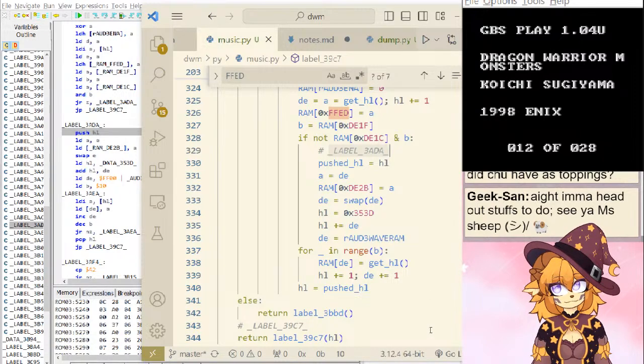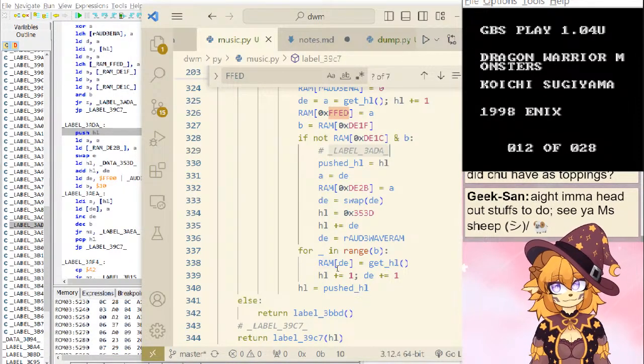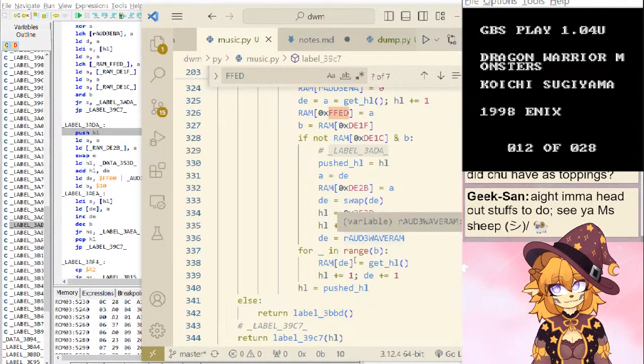This is a loop. No, okay. So it copies the waveform into RAM here from the waveform table.